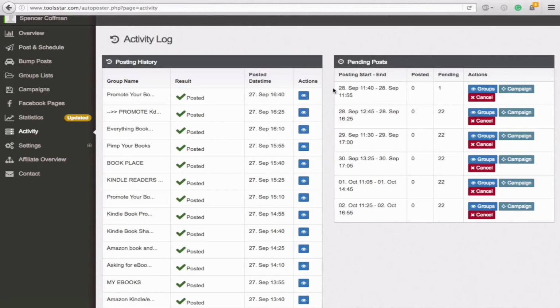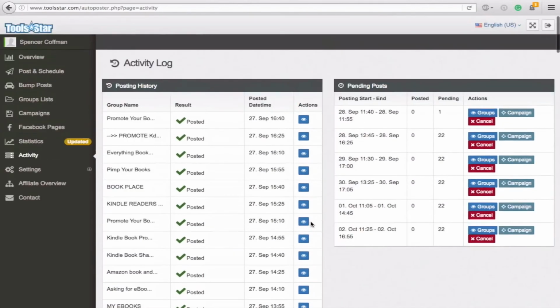Okay, so you saw this stuff like a little iframe pop up within the post scheduler. So you can see it here as well. You can see what groups this is going to. You can see the campaign that you are sending, or you could cancel it if you sent the wrong one. Okay, so you have this in your free version. Now, some of these options you will only have in the paid version, and that is this one right here,